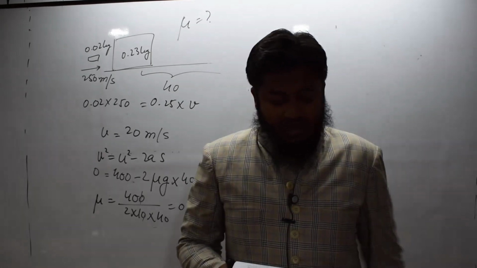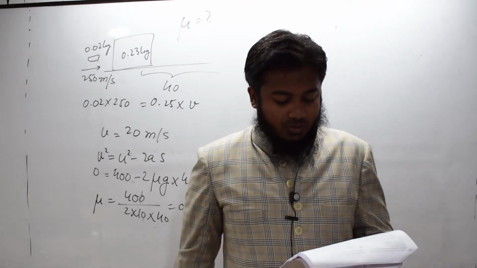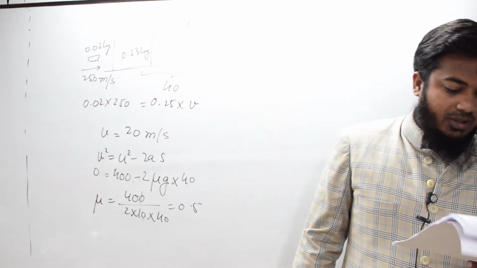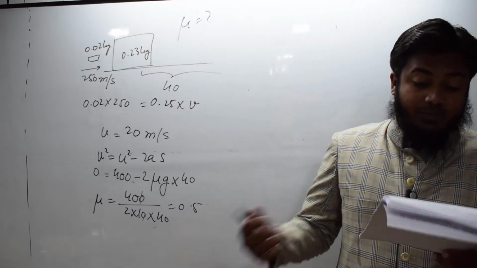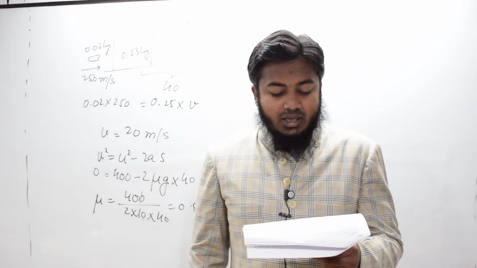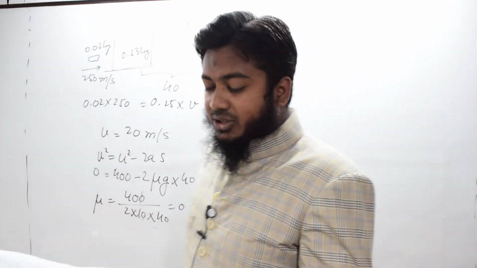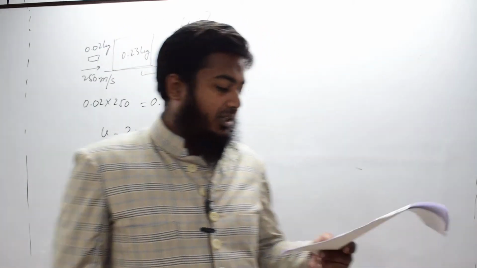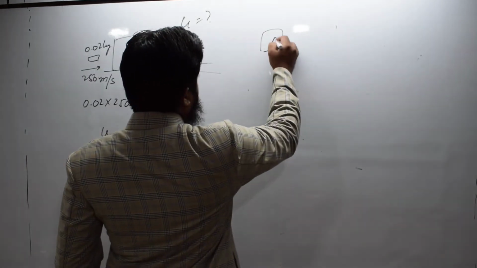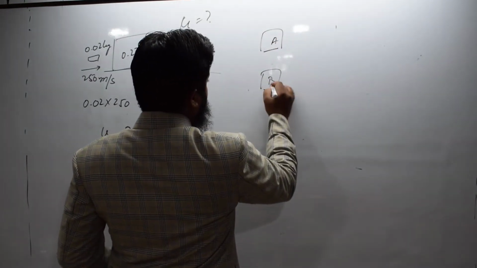Two bodies A and B have masses 20 kilogram and 5 kilogram respectively. Each one is acted upon by a force of 4 kilogram weight, that is 4 g, where g is gravitational acceleration. If they acquire the same kinetic energy in time t a and t b, then the ratio t a to t b will be. So, two blocks, block A and block B,